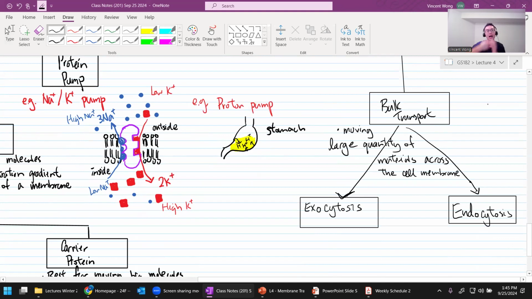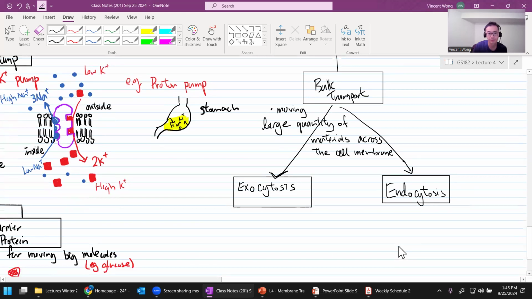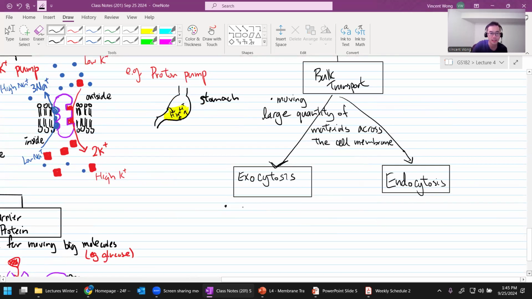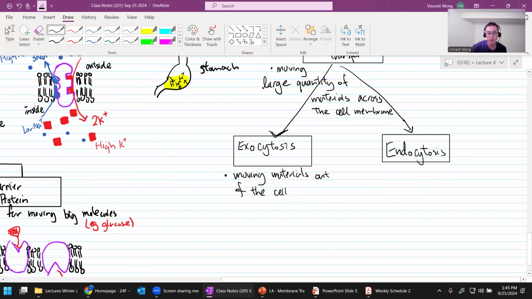If you're moving things out, then it's called exocytosis. If you're moving things in, then it's called endocytosis. So exocytosis is moving materials out of the cell. And endocytosis would be moving materials